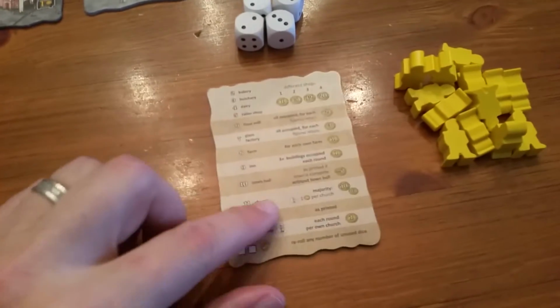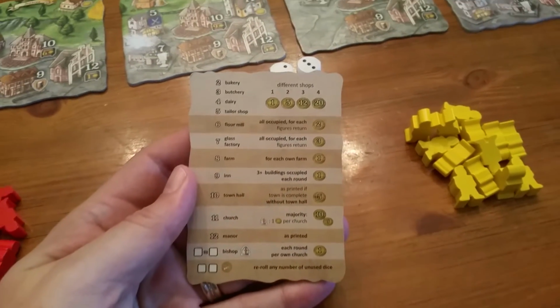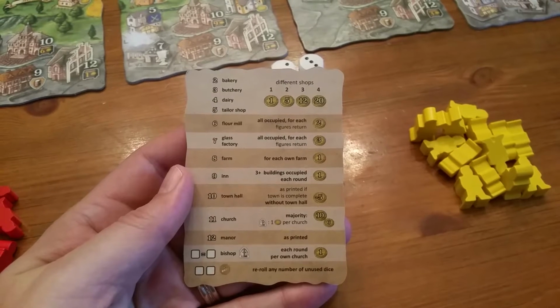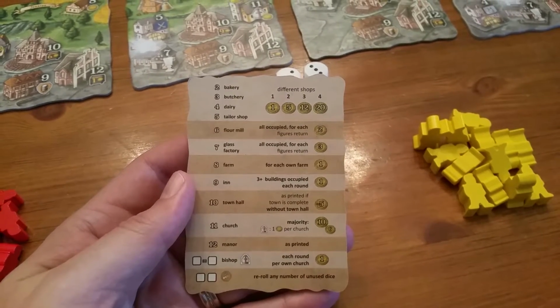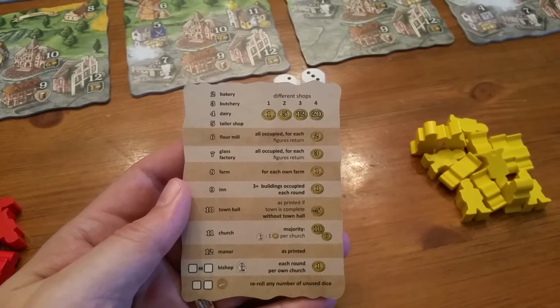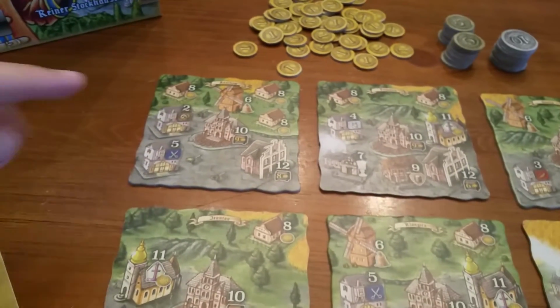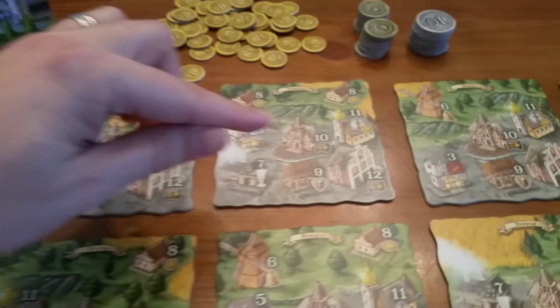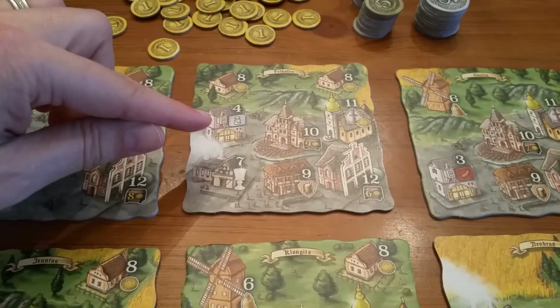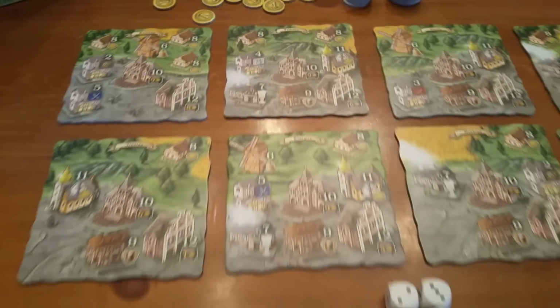There's a handy little player aid that comes with the game for each player. And this talks about what each of these buildings do. You can see the numbers on the left side correspond to the building type. 2, 3, 4, and 5 are considered shops, and each of those is noted out on the board. So for example, the number 2 here is the bakery, number 5 is the tailor shop, sorry for the light, number 4 over here is the dairy, and number 3 over here is the butcher shop. The way that those work